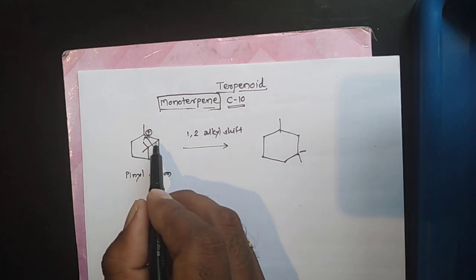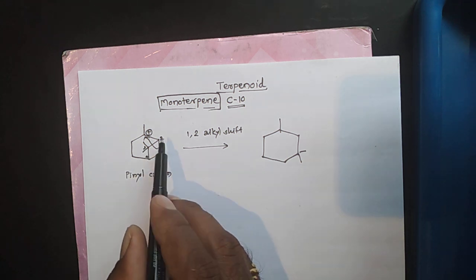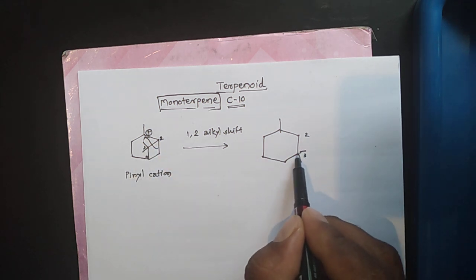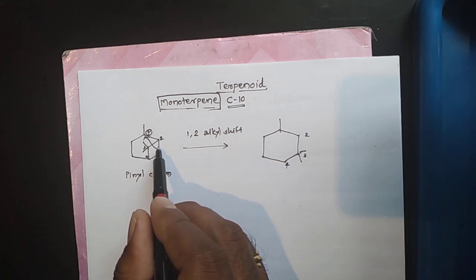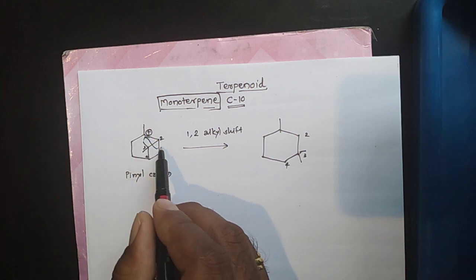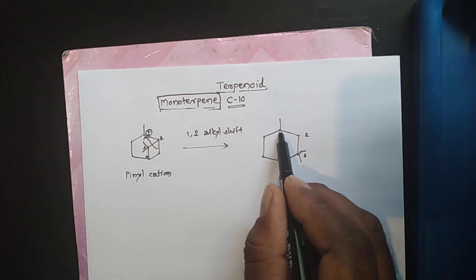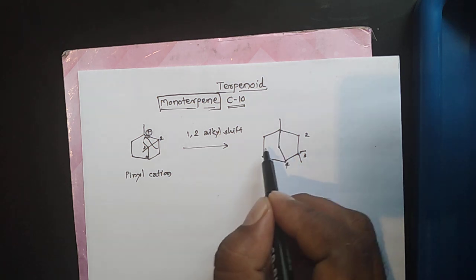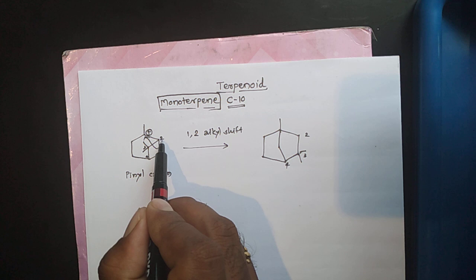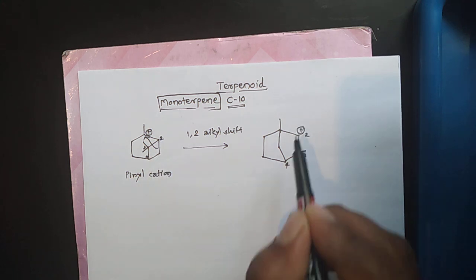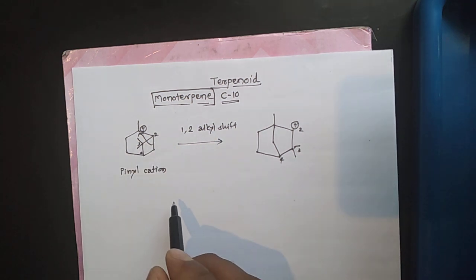So this supports 2, 3 and 4. So 2, 3, 4 is like this. And this bond now will directly attach to here. So how I have to write it: from 4, then here and here. Understand, and then the positive charge will come towards this 2 position. So like this, this will be the intermediate after this 1,2 alkyl shift.